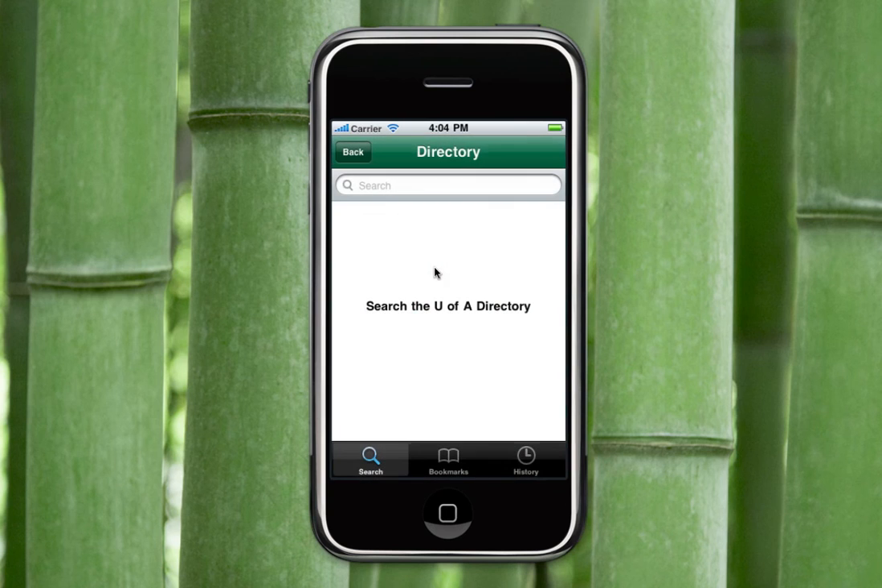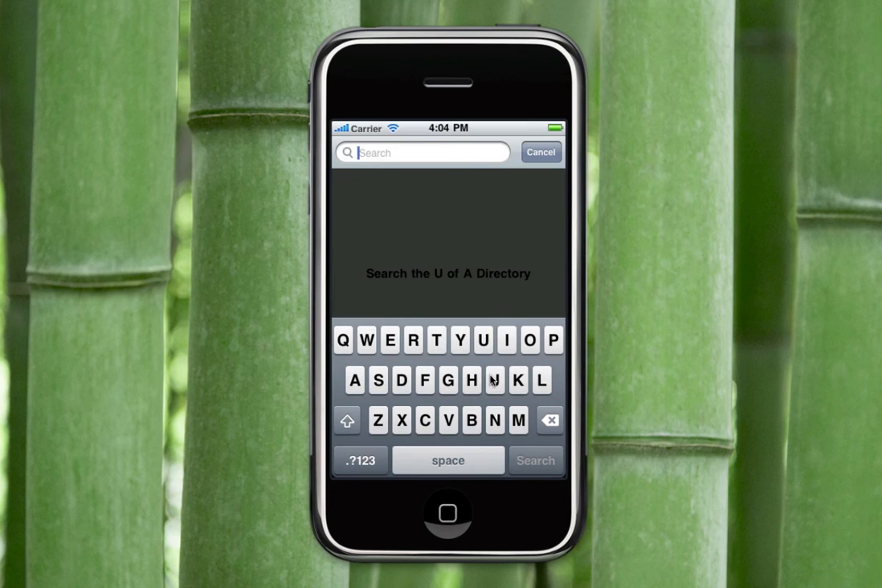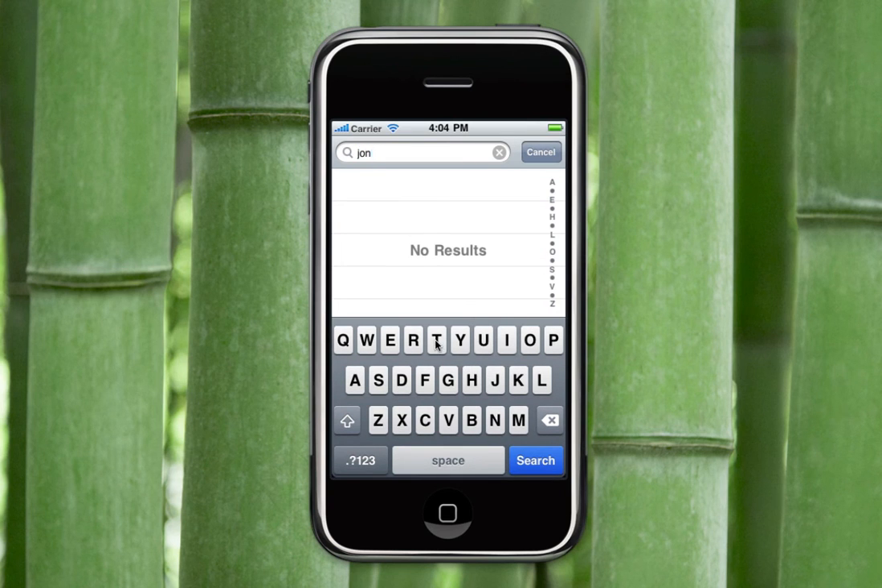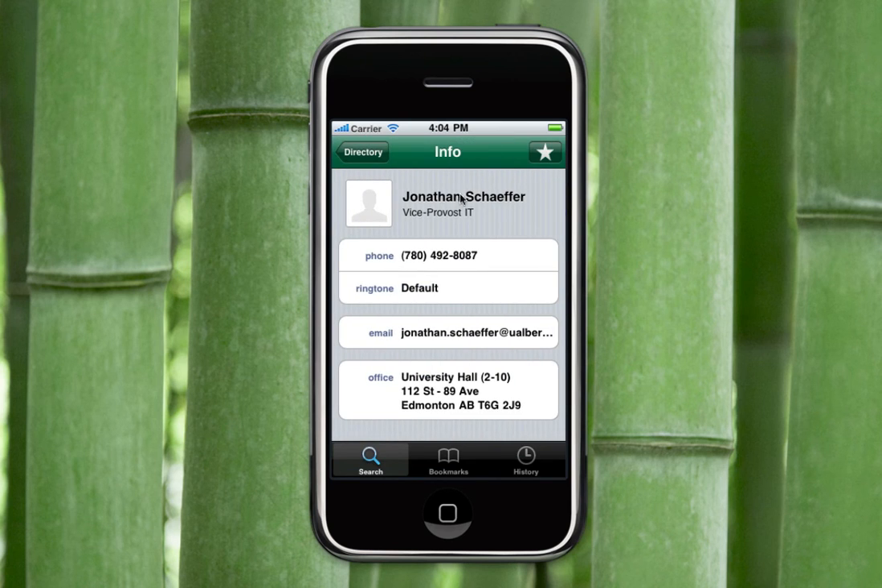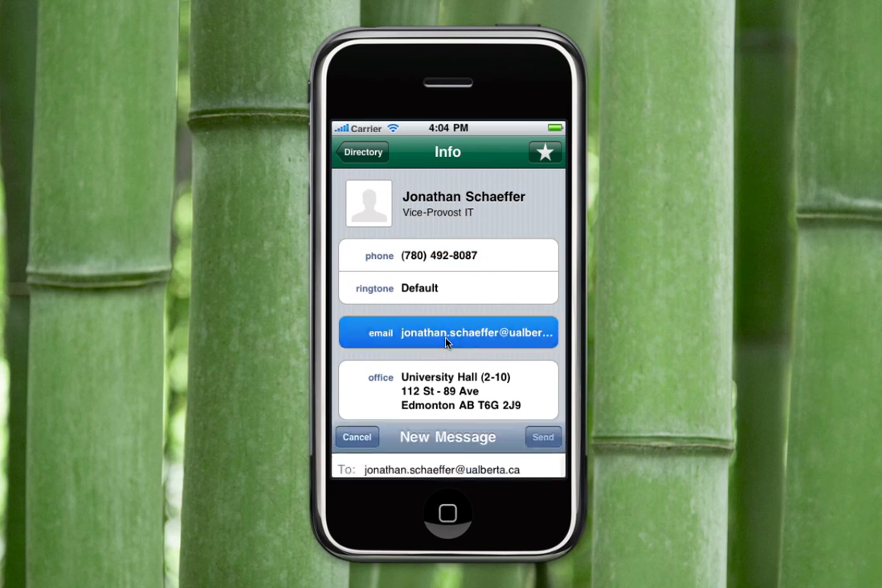Now, if we look at the directories, we can go through and search for any person on the U of Alberta. All you have to do is start typing in their name at the top. So, for example, if we look for Jonathan Schaefer, hit search, and we find his name comes up. We can go through, we can give him a call if we'd like by clicking on the phone, we can email him,